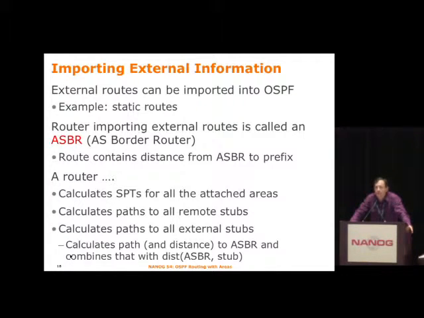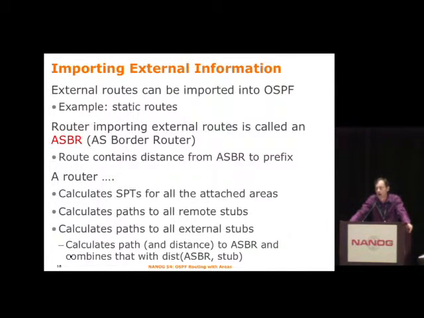One last thing that happens is that routers can import external routes, either static routes or routes from other routing processes, either OSPF or other types of cooperating processes. When a router imports external routes, it's called an ASBR, for Autonomous System Border Router. And so the ASBR advertises that it has a given prefix at a given distance that it can forward traffic